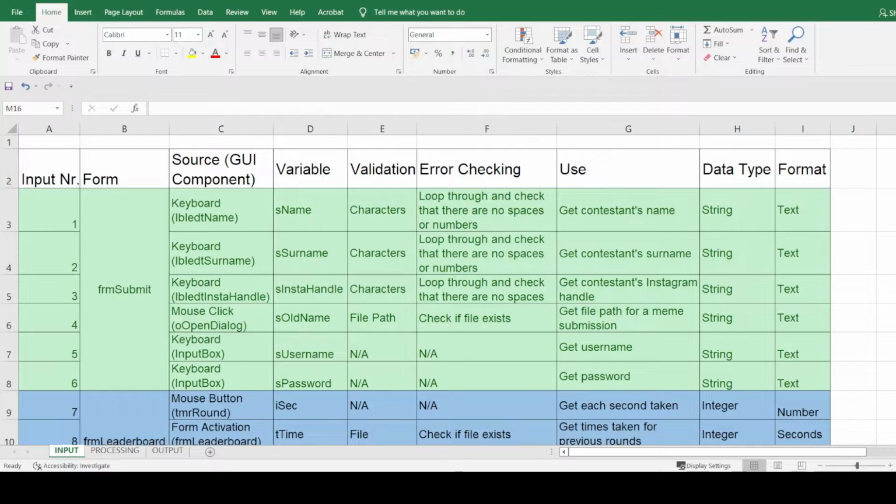Today we're going to be looking at creating your own IPO table for your program. So I'm carrying on with my meme tournament planner, and I've made my own IPO table for that meme tournament planner. Usually when you look at an IPO table, it's generally one big table with all your inputs,